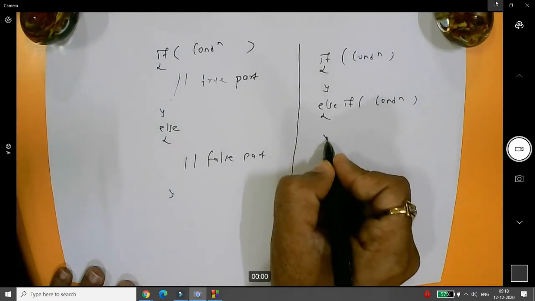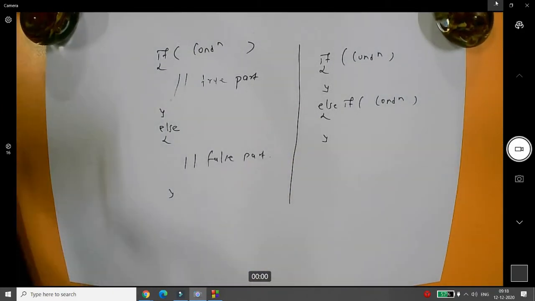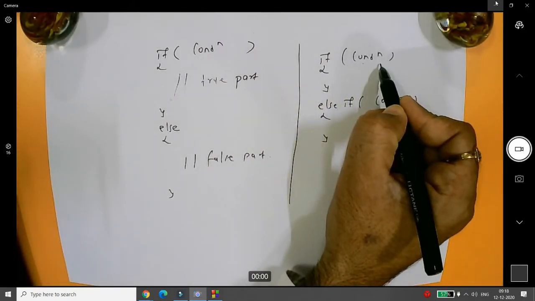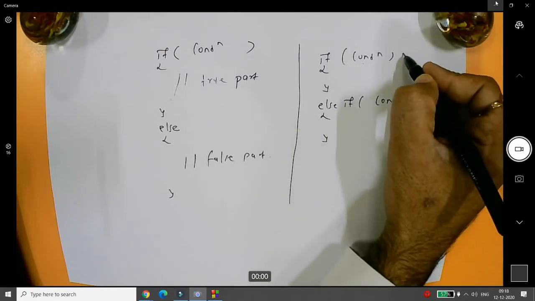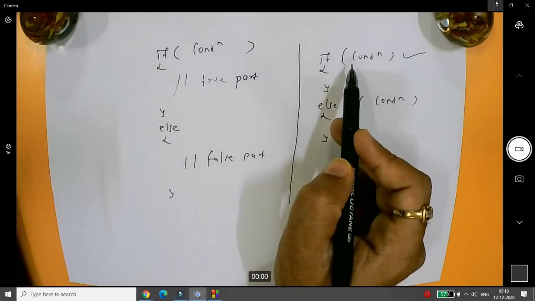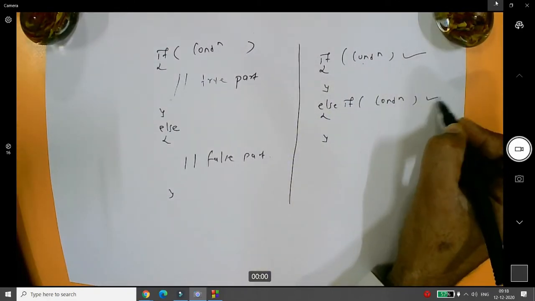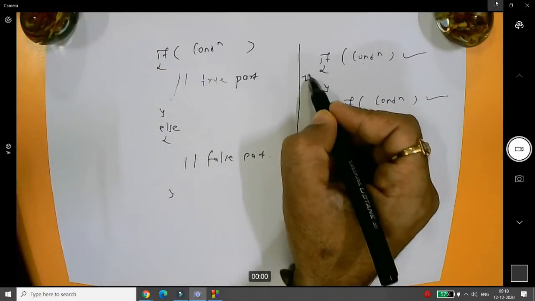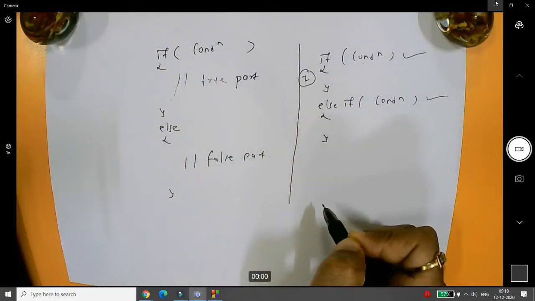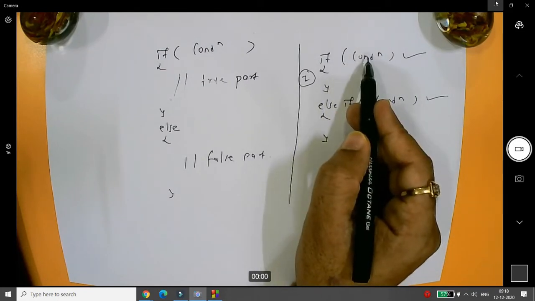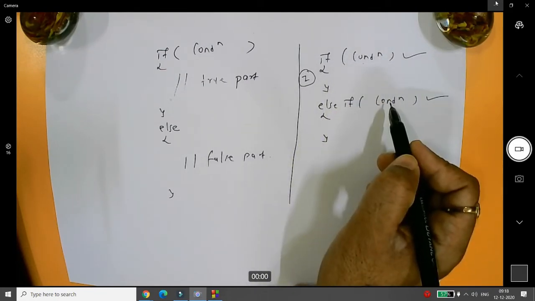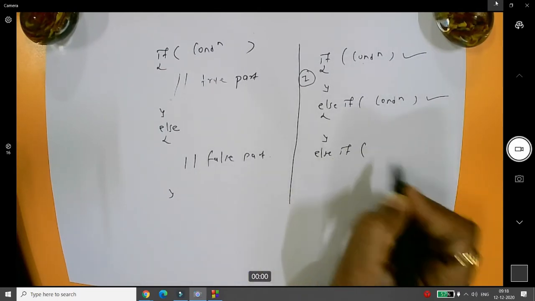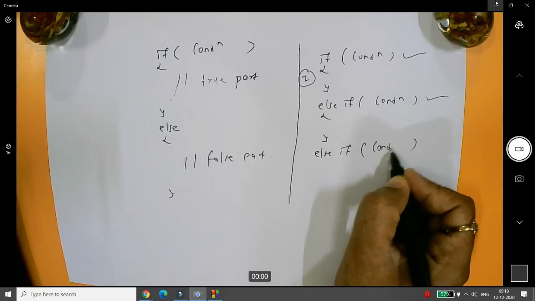It is like your admission. Whenever you are taking admission and you are giving priority to colleges, if I get admission into the first college, then I will select it. If I do not get the admission into this, then my second priority is this, right? So it is like a priority. If the first is true, then the remaining conditions will be discarded. If the first condition is false, then it will look into another condition, that is the else if condition. Then you can provide one more else if condition over here.